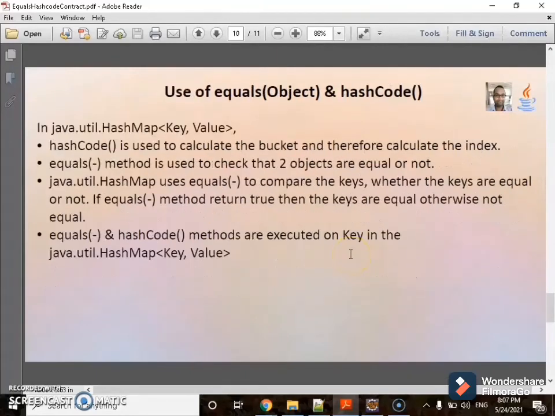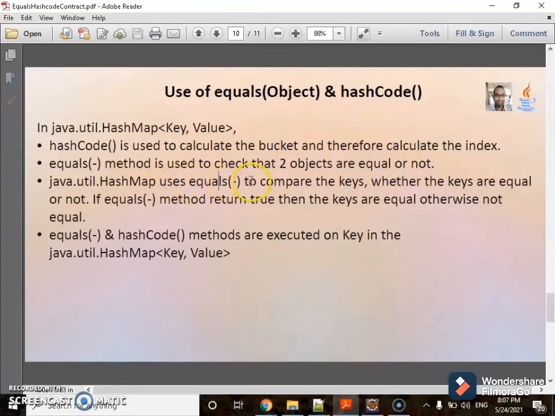So let's talk about the uses of equals and hashCode methods. I have already shown Employee as a key to the HashMap, how we have overridden the equals and hashCode methods, and what the use of it is. Let's discuss some of the points here. The hashCode method is used to calculate the bucket and therefore the index. The equals method is used to check whether two objects are equal or not.